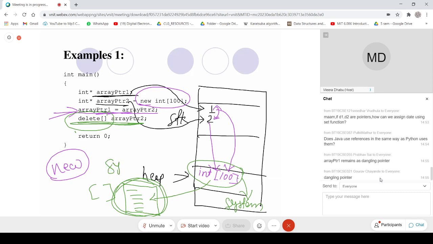This is done by the system. Now this memory is freed and given back, so it is not actually existing.